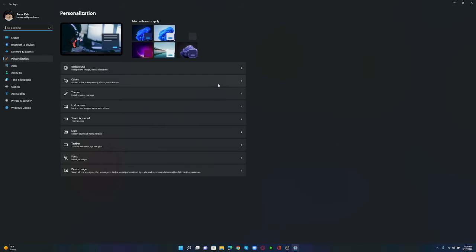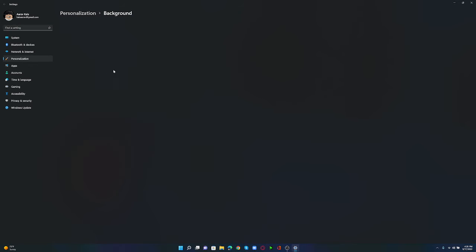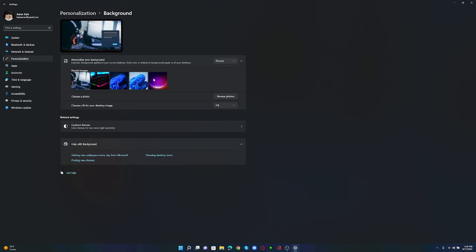And yeah, so these are the accents. So this is the background image. So background images are pretty cool. So if you click on it, let's quickly open this up. This is the same thing as Windows 10, just that this one can have themes. So if I go back,